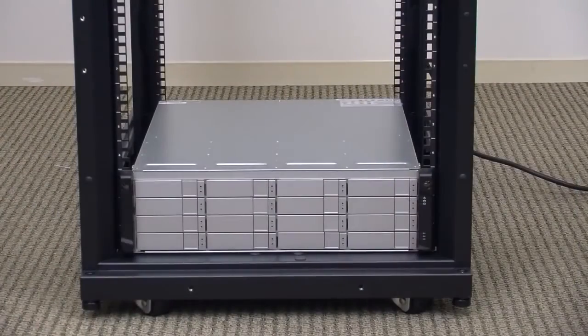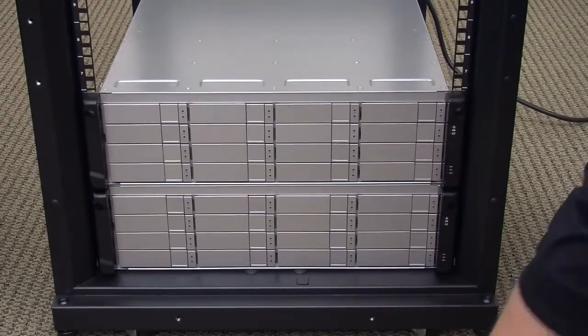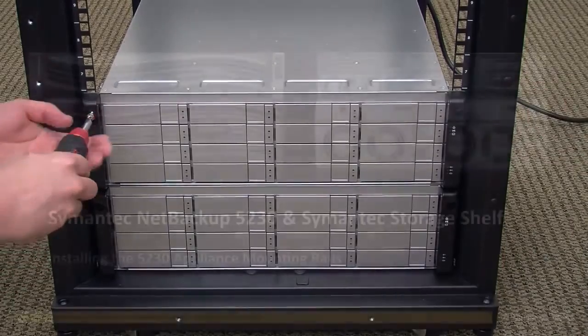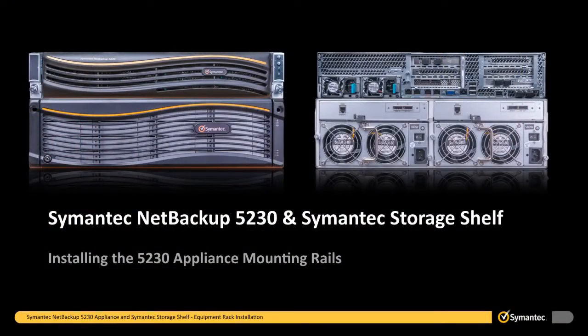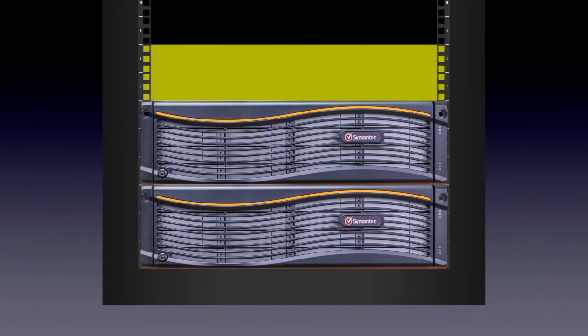You have just completed the installation of one semantic storage shelf. Repeat the process for any additional storage shelves before installing the 5230 appliance. After installing all of the semantic storage shelves, you should be able to clearly identify where the 5230 appliance mounting rails should be installed. To install the 5230 appliance mounting rails, identify the 2U space in the equipment rack where